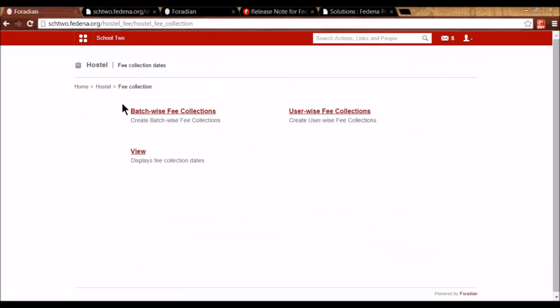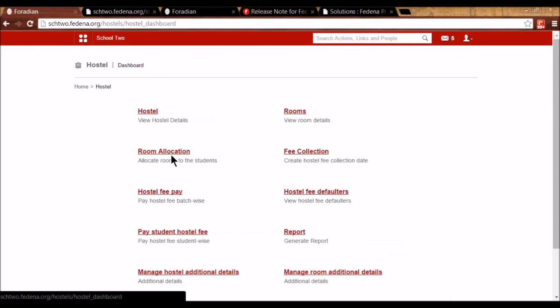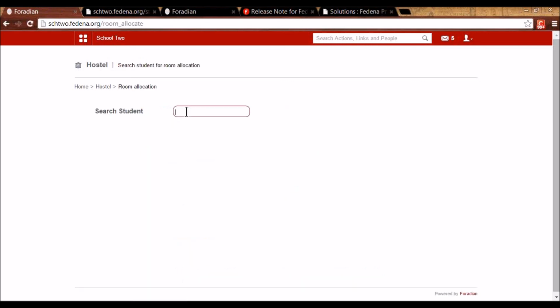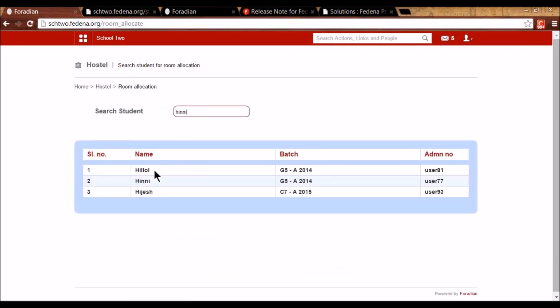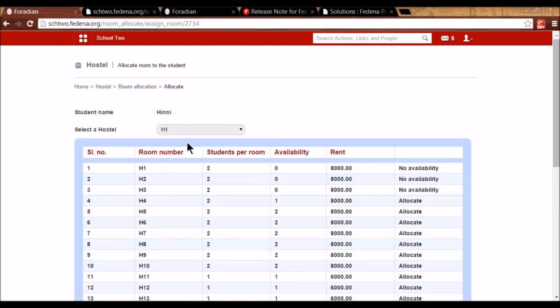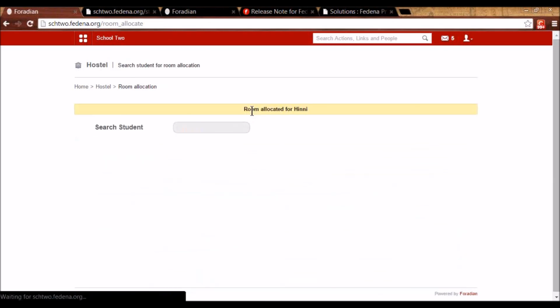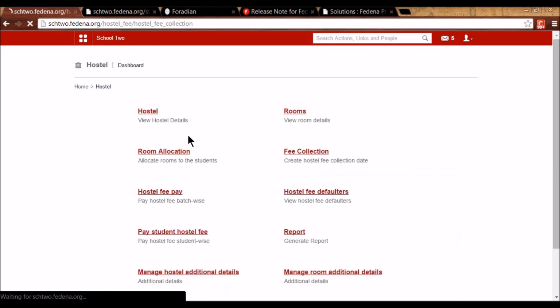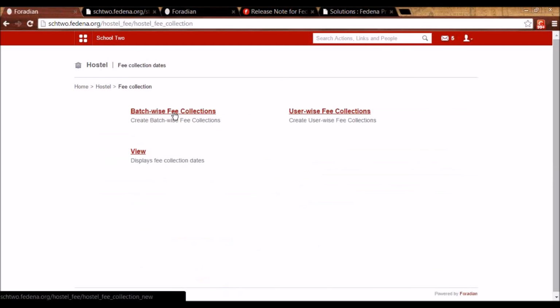So let me again do the same thing that I've done for transport. So first I have to allocate a room to this new student. So let's say this is the student. I can select the hostel and I can assign him this hostel. Now once I've assigned the hostel, let's say I've already done batch-wise fee collection for the batch in which the student was there.